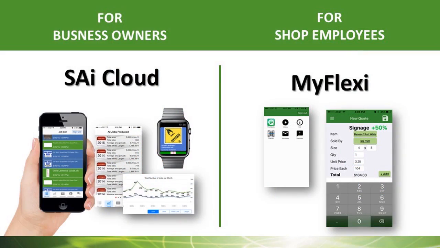So while you're designing in Flexi and outputting jobs, in a week you have various jobs. You're vinyl cutting, you're doing contour cutting, you're doing printing, and that's all happening as people come in or as you sell the jobs. Everyone that gets Flexi has a 5 gigabyte cloud account, basically an online account. And what happens is the amount of printing, the square footage of printing, the linear footage of cutting, and so forth,